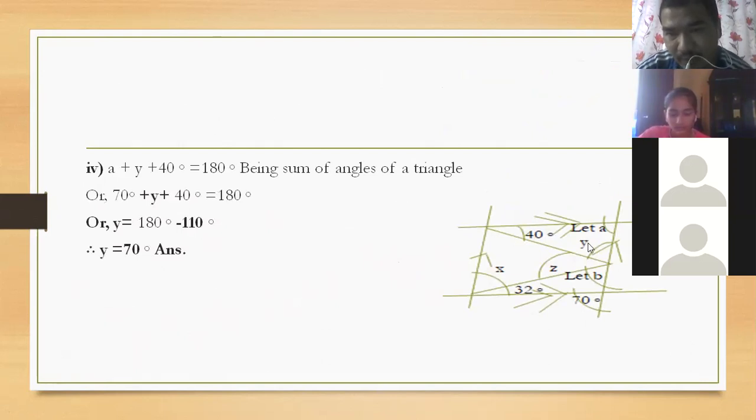After getting the value of y, we add y plus z plus B. Do you know they will form 180 degree? Y plus z plus B. When you add these three angles, what will you get? You will get 180 degree because they will form a straight angle. Look there, a straight line. They will form a straight angle. Okay, children?